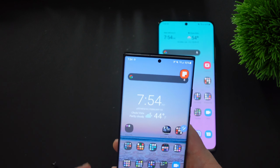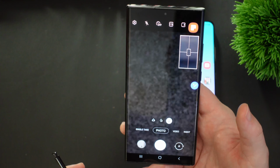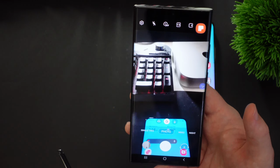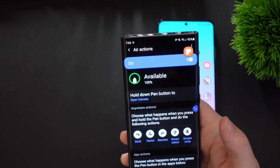The big differences are you can actually use the pen to kind of control your phone. If I press and hold it, it's going to open up my camera. I can double press it to switch between my cameras. I can press it once to take a photo. Also with the Note phone, you have air actions so that you can control your phone and do different things